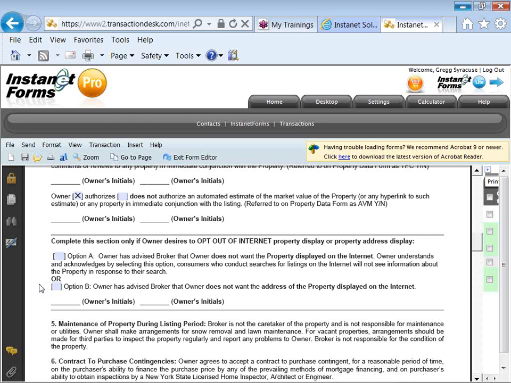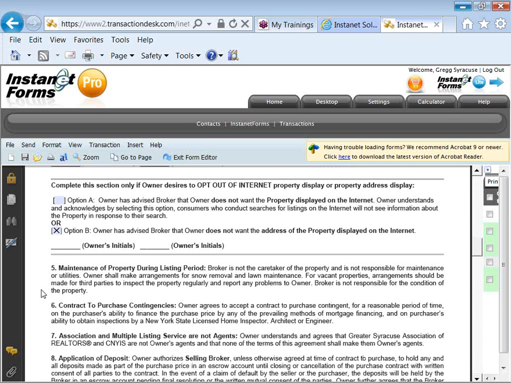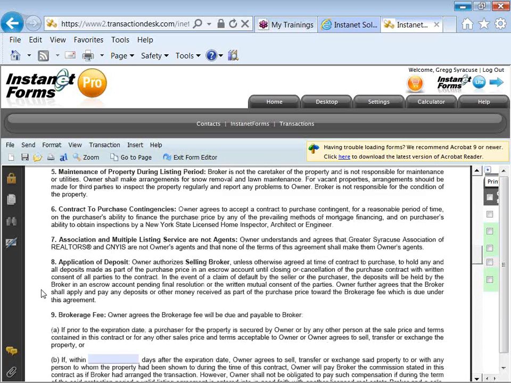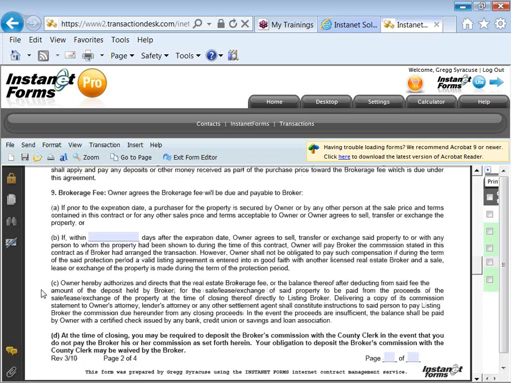Okay, what about this checkbox? It's A or B. Broker does not want the address on the internet. That's always a tough one. Let me go with does not want it. We're going to get the photo on there, but maybe not necessarily want the exact address location. What's really nice about here, and as we'll see when we start our file, we're merely setting guidelines for ourselves. These can be changed within the actual transaction file, which I'll be sure to highlight as we start our file